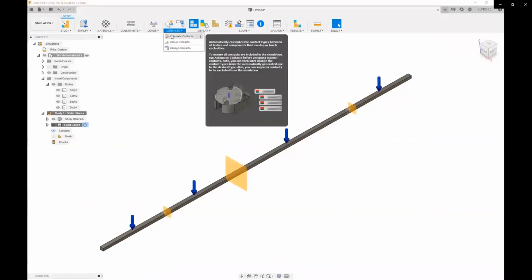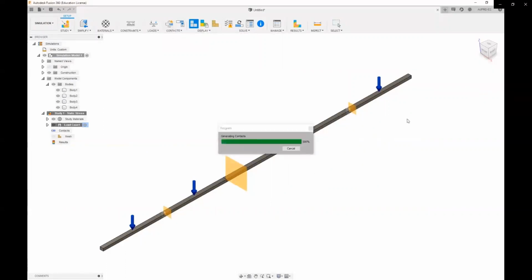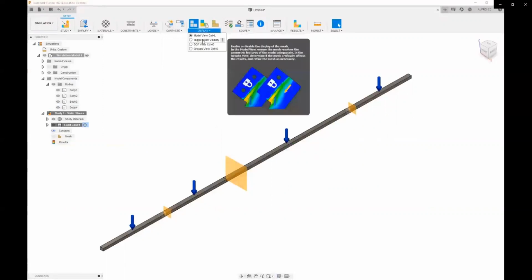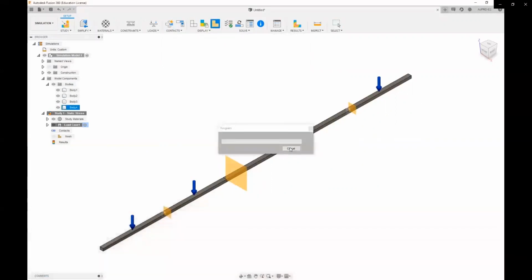And then the next main thing, we need to enable all the contact information, because we split the body and we need to make the connections between the bodies. Then only the problem will be solved. By creating contact, it will be made as a single component by using the connections. I generated that, and then for visibility, I am using the mesh toggle view to make it look good.